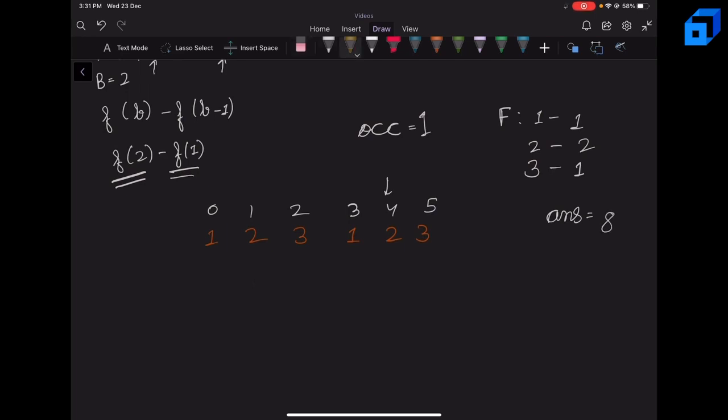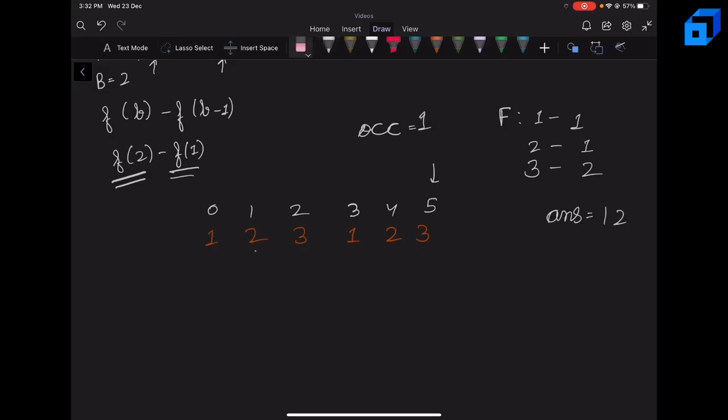So after incrementing our left pointer, we will decrease the frequency of 2. So the frequency of 2 will become 1, and this will decrease the number of occurrences to 0. So now can we actually increment our right pointer? We actually can. So we'll increment our right pointer, which will increase the frequency of 3 to 2. And this will increment the number of occurrences to 1. But now, since we are at the last element, we cannot increment our right pointer further. So we'll simply add 5 minus 2 plus 1, that is 4, to our answer. So this will be 12.